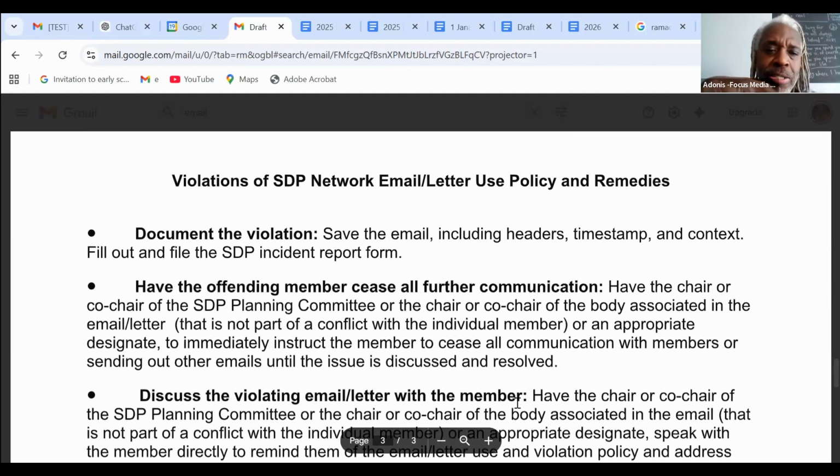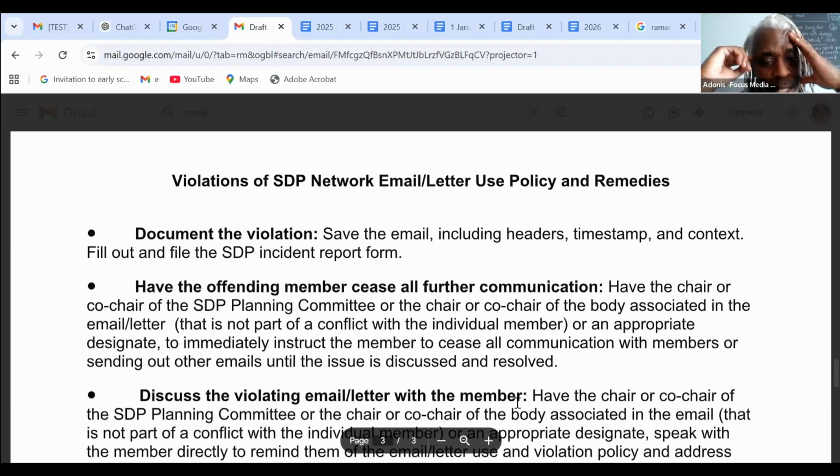So, violations of the SDP network email letter use policy and remedies. Document the violation: save the email including headers, timestamps, and context, and fill out and file the SDP incident report form. Have the offending member cease all further communication. Have the chair or co-chair of the SDP planning committee, or the chair or co-chair of the body associated with the email or letter